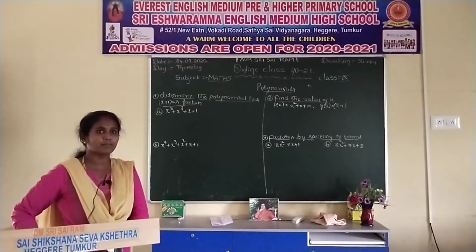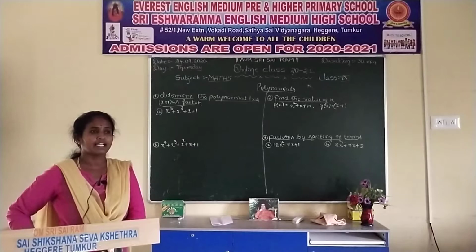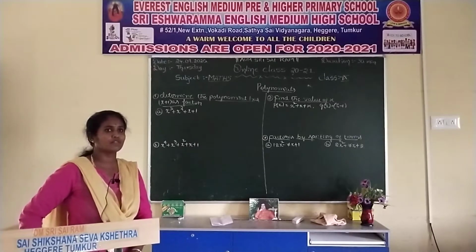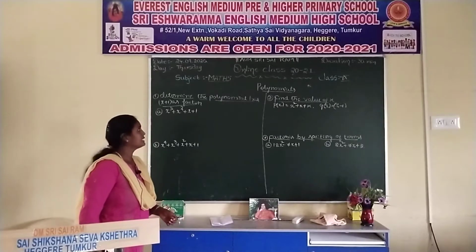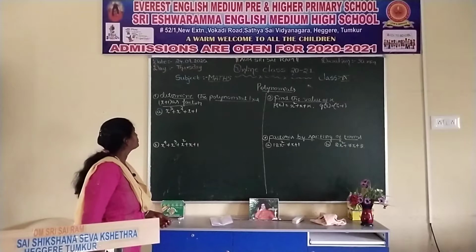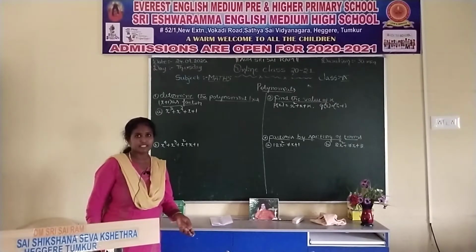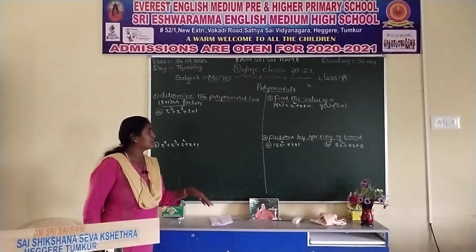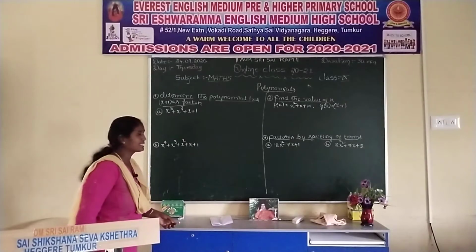Zero of a polynomial, or the values will be different variations, either p of 1 or p of 2 or p of 3 or p of 4, like that. See here, today we are going to study how to find out whether something is a factor of a polynomial, or the degree of a polynomial, and how to split the factors for this polynomial expression.